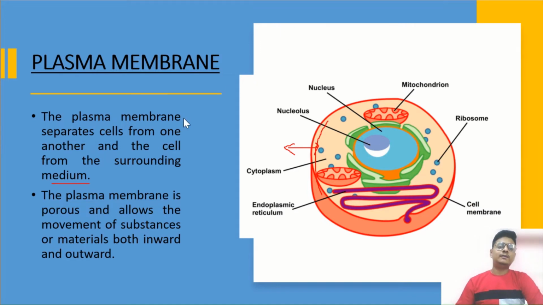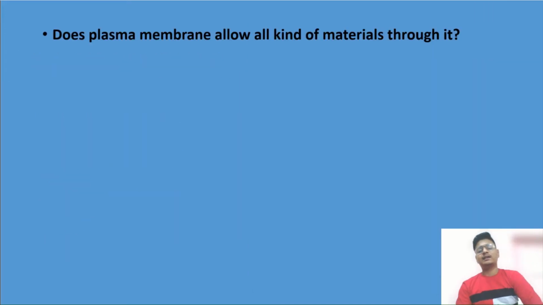So now tell me, this plasma membrane surrounding the cell, will it allow everything to come inside the cell and go outside the cell? It is a very difficult question, but you can answer by just thinking. Like that is your home. In your home, can anyone enter? Yes or no? Just take a few seconds, observe this question, prepare your answer, then answer this question in the comment box of this video. I will be checking the answers after this.